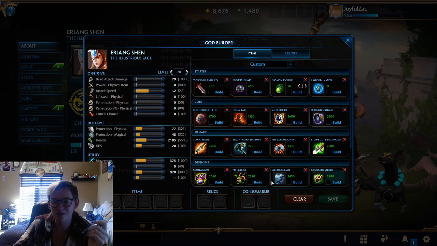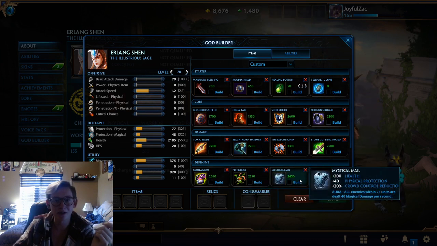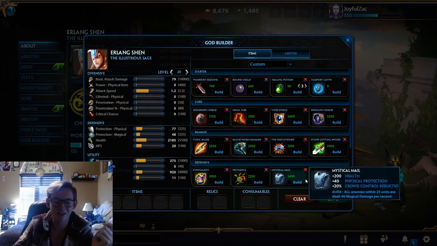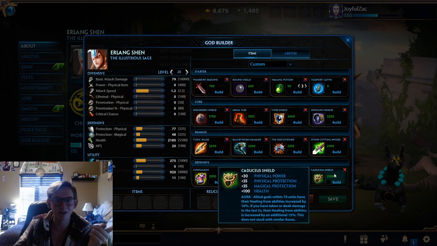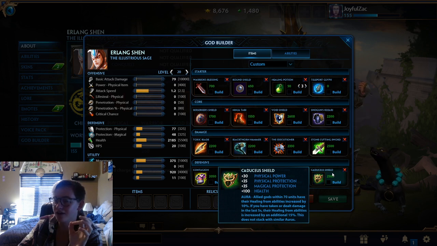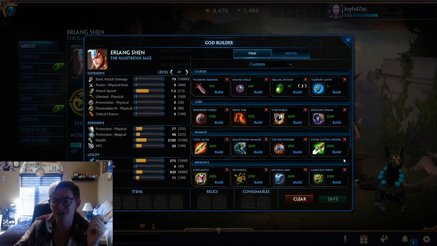Some more defense options. Obviously, these 2 are here for healers. Mystical Mail, I think, is my favorite item ever. Also, killing things with Mystical Mail is just amazing, so why wouldn't you? Caduceus Shield procs on your ult, not on the percentage-based heal, I believe. It might, I don't know. I'm only like Mastery 2 with Erlang. He's a boy, I don't play boys, so,